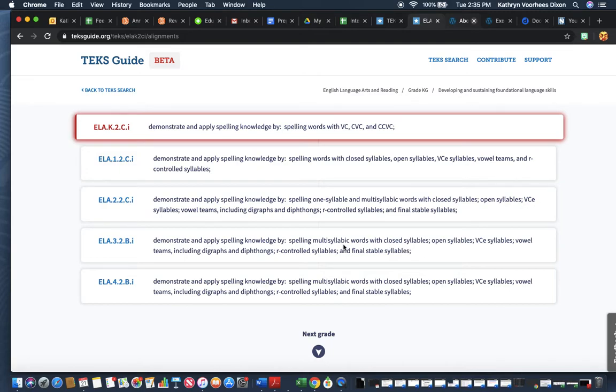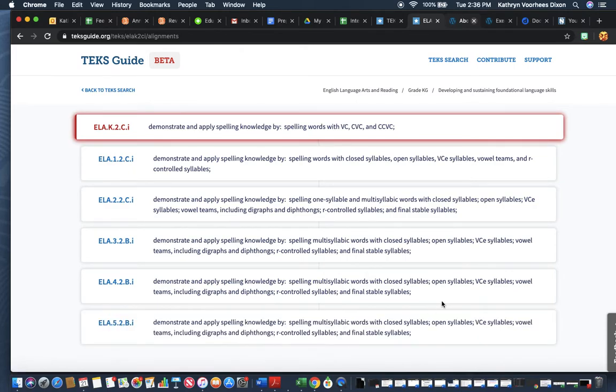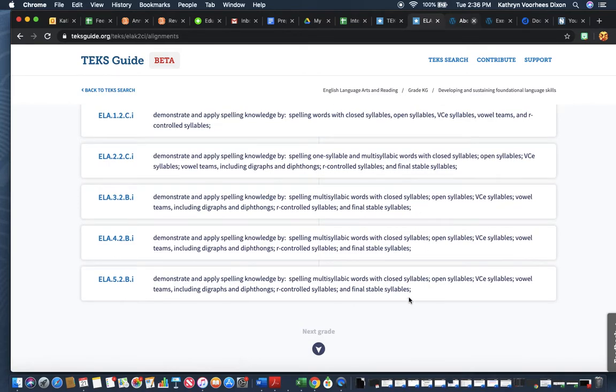We feel like, at this point, they should have the one-syllable words mastered, and so the focus is really on multisyllabic words. And then as we move from third to fourth grade, we continue on with that. So really we are continuing with third and fourth grade, and then fifth grade, all essentially have the same skills and concepts. But what we find is that we just keep working on it, and we keep working and